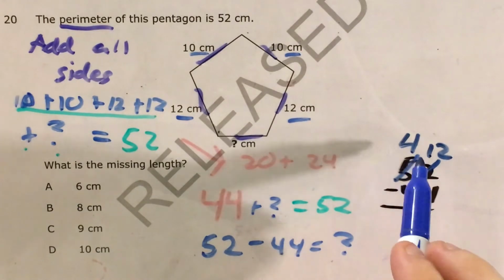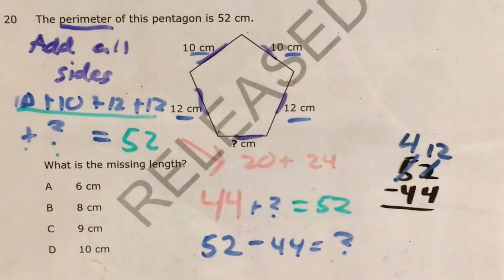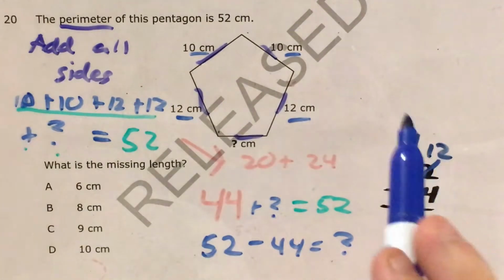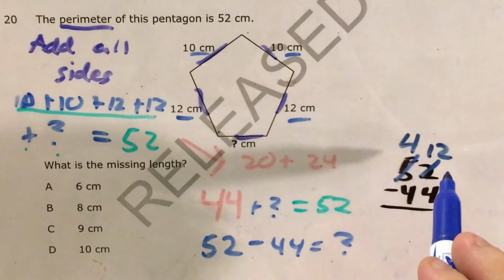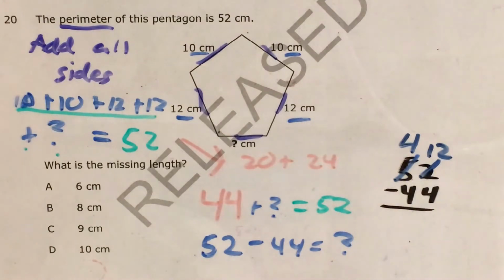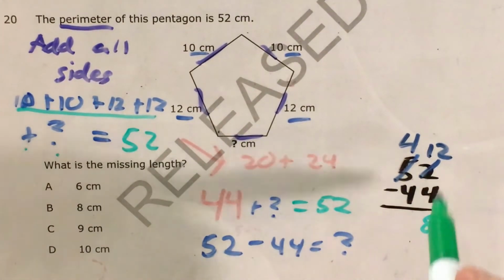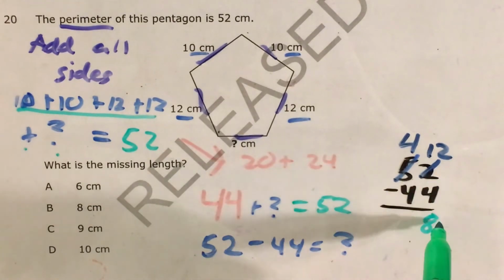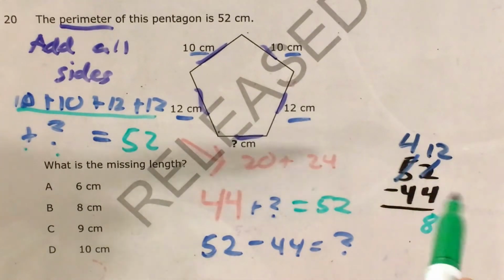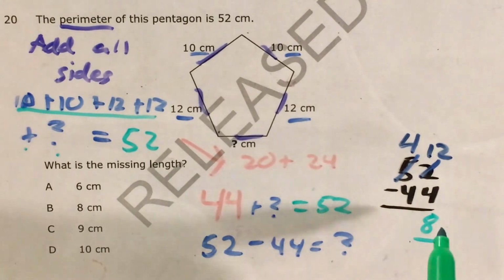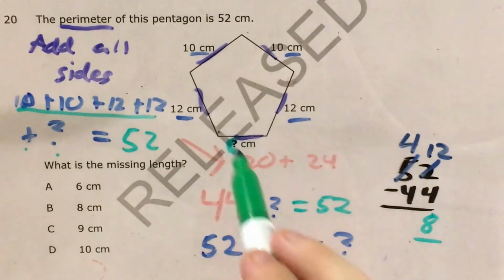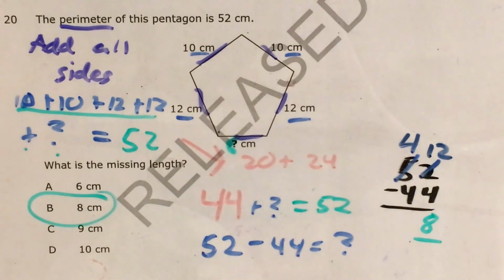Now 4 tens is 40, and 40 plus 12 would still give us 52, but I'm rewriting this number in this way in order to give myself small subtraction problems that I can actually do, like 12 minus 4, because 12 minus 4 gives me 8. So that's my ones. 12 ones minus 4 ones gives me 8 ones, and 4 tens minus 4 tens doesn't really give me anything. So I know that this missing length that I have is 8 centimeters, which matches choice